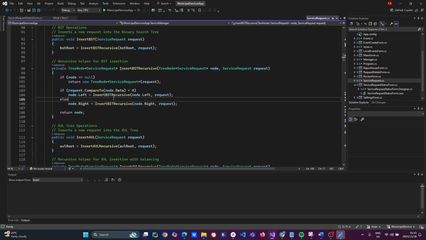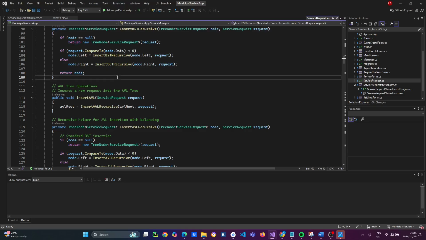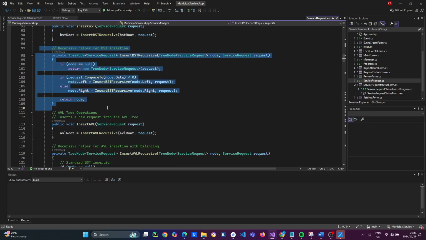Same here, we are comparing the node data, and we are then inserting into our binary search recursive. Same with our node right, we are also inserting our binary search recursive into our right node, and then we return the node when the user then searches for